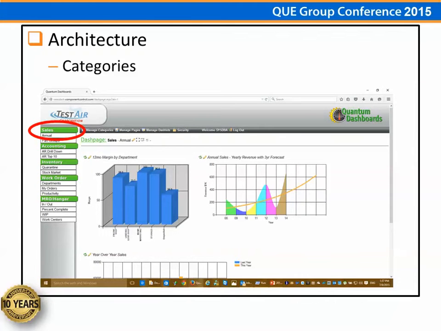So there's a category, the category page, everything here. Now this is under categories, this is annual, and you'll see all of these dashboards. This is what I'm talking about, dashboards here. This is where all your data comes from. This is a